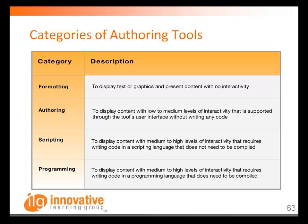So what we do is we divide the authoring tools into 4 categories: formatting, authoring, scripting, or programming. Formatting is for displaying text or graphics and presenting content without interactivity. Authoring we consider to be displaying content with low to medium levels of interactivity that is supported through the tool's user interface without writing any code. Scripting is for medium to high levels of interactivity that requires writing code in a scripting language that does not have to be compiled. And then programming, the same level of interactivity but in a programming language that does need